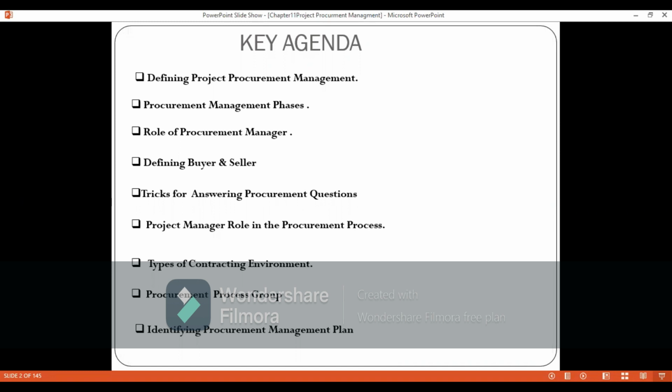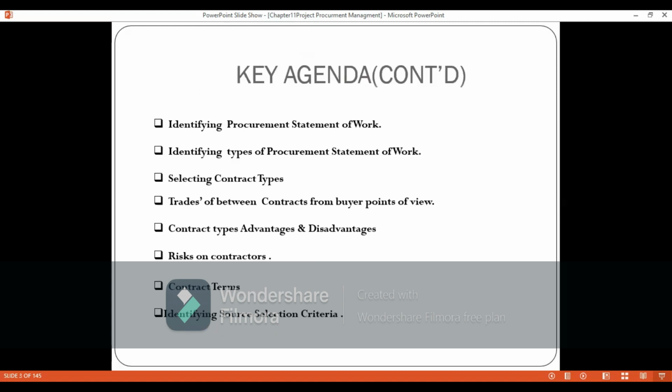Whether in a centralized or a decentralized environment, in the types of contracting environment, whether you're using time and material, fixed price contracts, lump sum, or cost reimbursable and its types, and the types of fixed price or the purchase order. As well, we're going to look at the procurement process group, right? Identifying the procurement management plan, statement of work, the procurement statement of work, and the